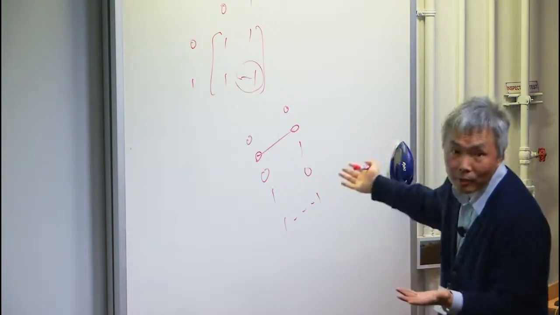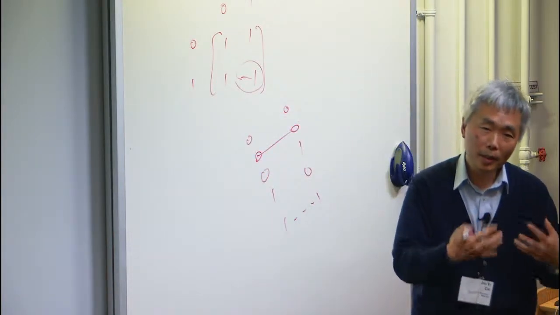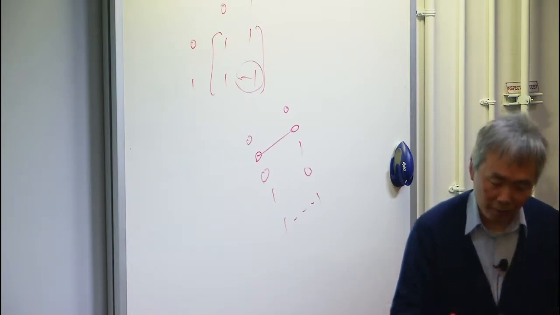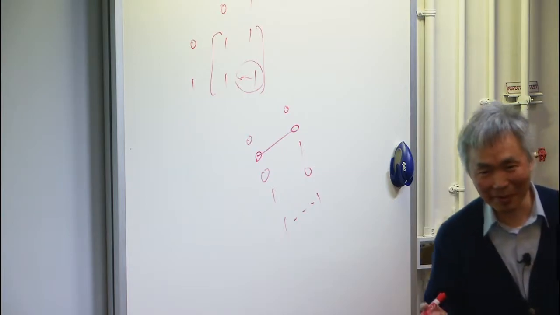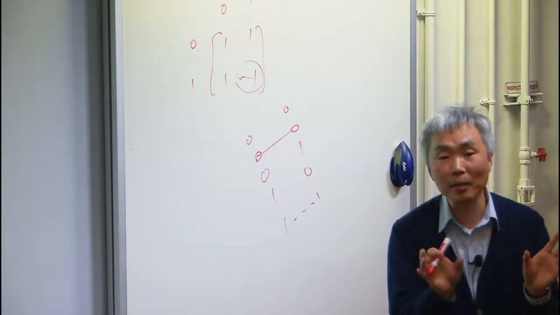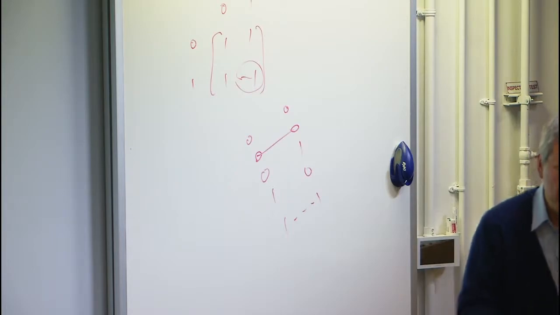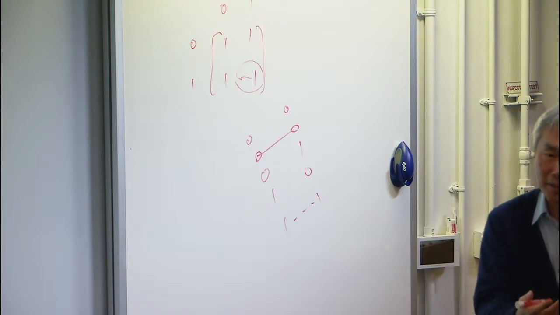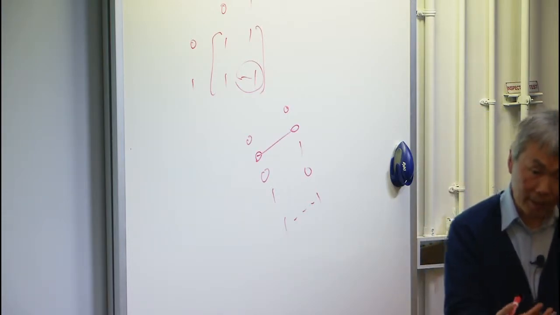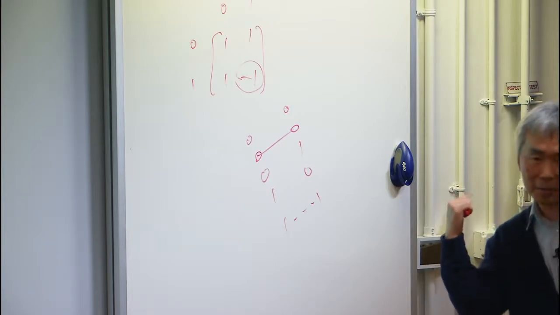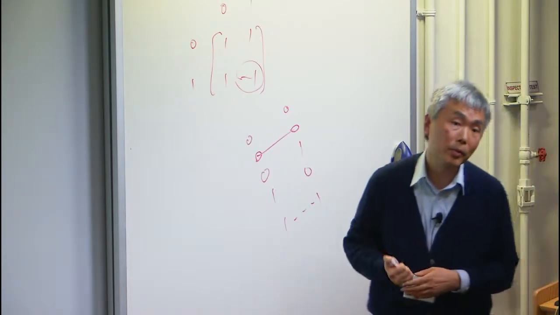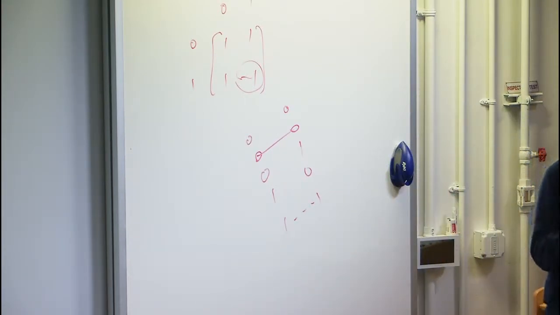So the partition function in this particular case is the number of even induced subgraphs minus the number of odd induced subgraphs. Of course, the sum is obvious: it's 2 to the n, the total number of induced subgraphs. So if you know the difference, then you know the sum, and therefore you know each part. So this is essentially the problem of computing the number of odd induced subgraphs or the number of even induced subgraphs. It's like a permanent or determinant in this case, except that the sum, unlike the permanent, is actually computable. So the determinant is also computable in this sense, and you actually get both the even part and the odd part. So this is one of those computable problems. That's right, it's computable in polynomial time.